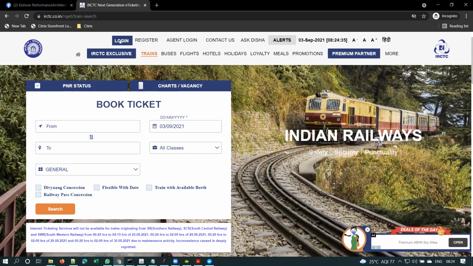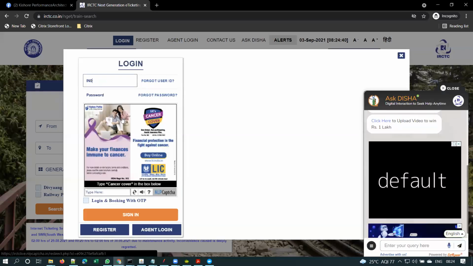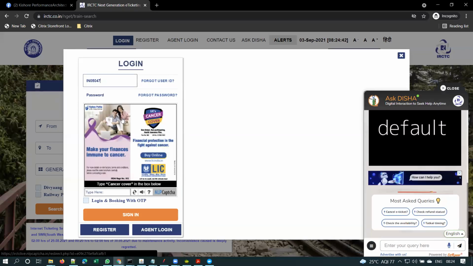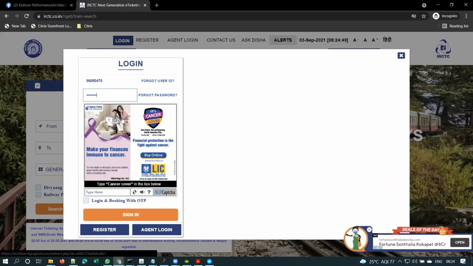However, IRCTC recently introduced a feature called confirmation probability. I hope everyone knows that feature. Yes or no, guys? Yes, sir. Everyone knows that confirmation probability feature.